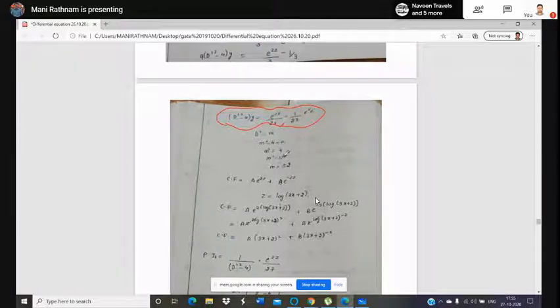So you can find out the CF as usual. Take D' equal to m square minus 4 equal to 0, m equal to plus or minus 2, root is 2, comma minus 2. So you can write CF is a e power 2z plus b e power minus 2z. And now after that, you know that z equal to log of 3x plus 2.